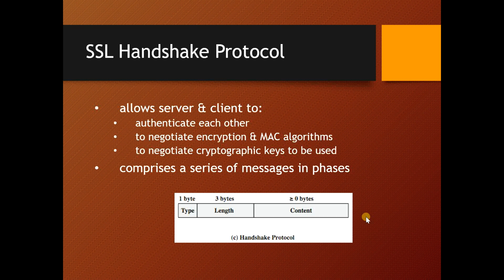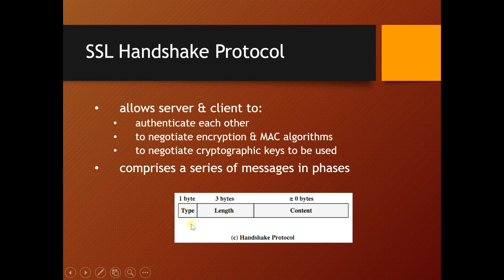The handshake protocol is used before any application data is transmitted, and it consists of a series of messages that are exchanged by the client and the server. If you can see the format that is shown here, the format has three fields. The first field is called the type, which is 1 byte, and will indicate one of the 10 messages. We will look at the list of messages later, but you should know that there are a total of 10 messages that will be exchanged between the client and the server.